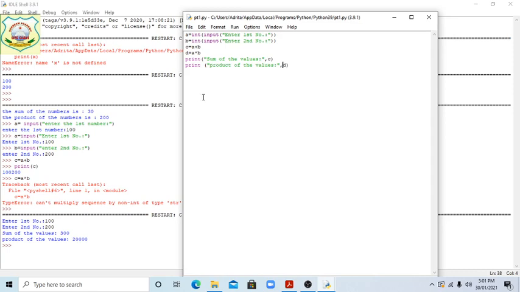One more program there is given, students. I am writing here the same. Their swapping method. How to do swapping method, students? See now. Okay.